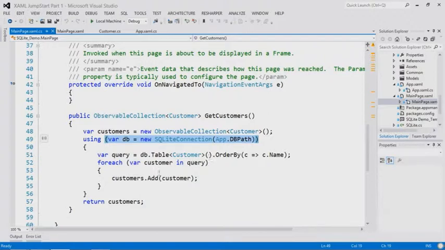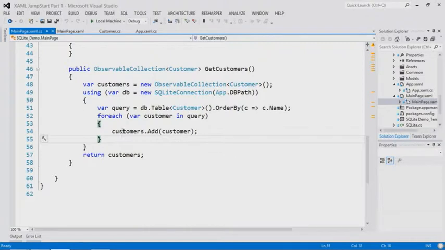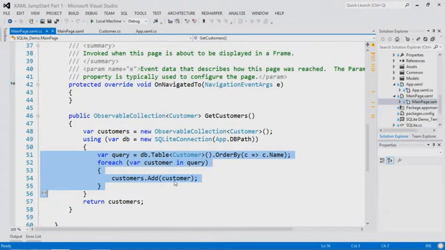Absolutely. We're iterating through each of the customers in our query, and we're adding it to our observable collection. Don't you wish observable collection had AddRange? Pretty much every project I do, I write that extension or incorporate my extension. It's just a simple little piece of code. Anyway, so we're adding all of the customers there. We're returning it. And so if I run this application,